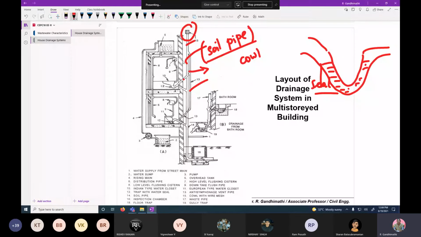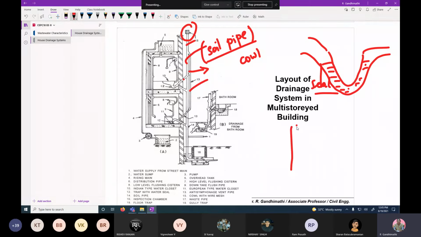In some systems, I will show some photographs later, you can see two pipes. One is carrying the night soil, and one is carrying the sullage, especially from the kitchen sink and wash basins. Then each sullage pipe and soil pipe is attached with one more pipe that is called a vent pipe.